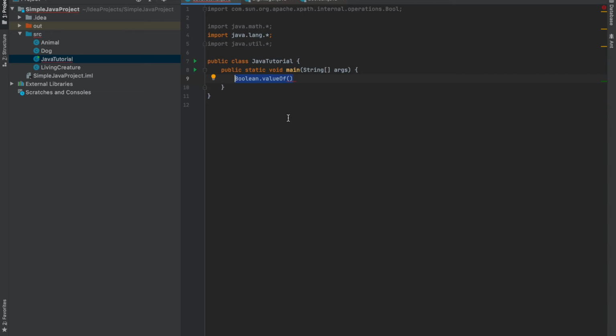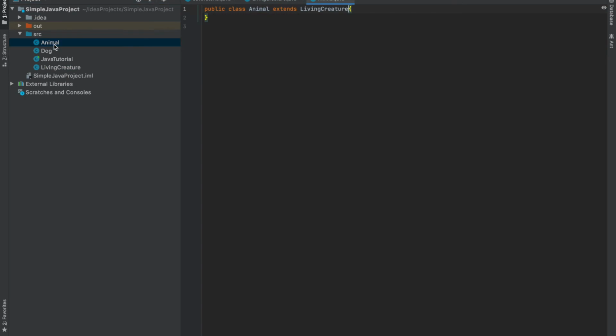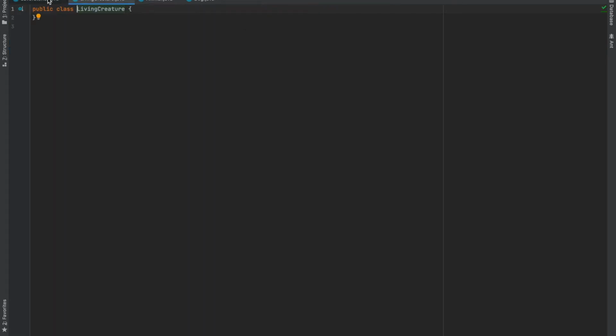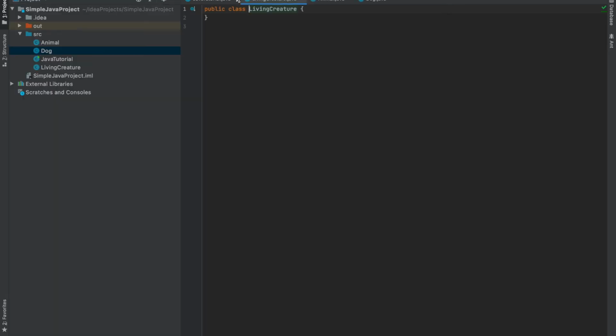Another advantage of static factory methods is that they can return a subtype of the class. I'll show you what this means. For example, I have three classes: LivingCreature, Animal, and Dog. LivingCreature is like all the living creatures. Animal extends LivingCreature, and Dog extends Animal.